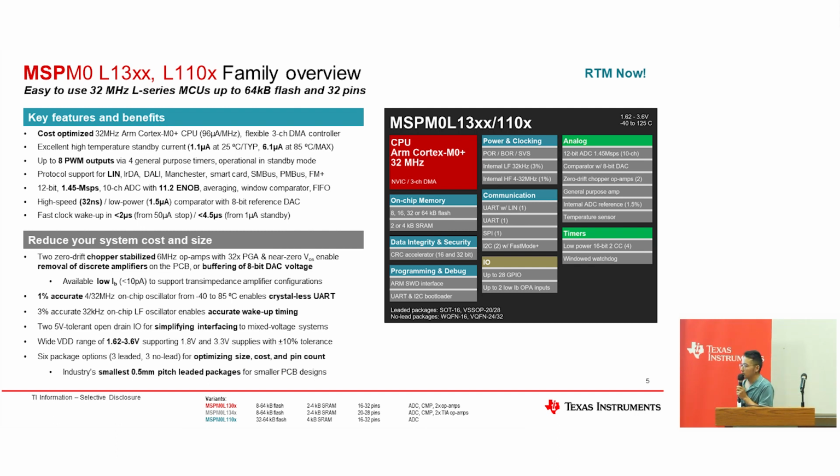Here's our product one page. I will not go through all of them due to time, so I just highlight a few points. First, as you can see, our operation temperature covers from minus 40 to 125 degrees. That is automotive level, but we can provide that in industrial products. So that's a large temperature operation range.